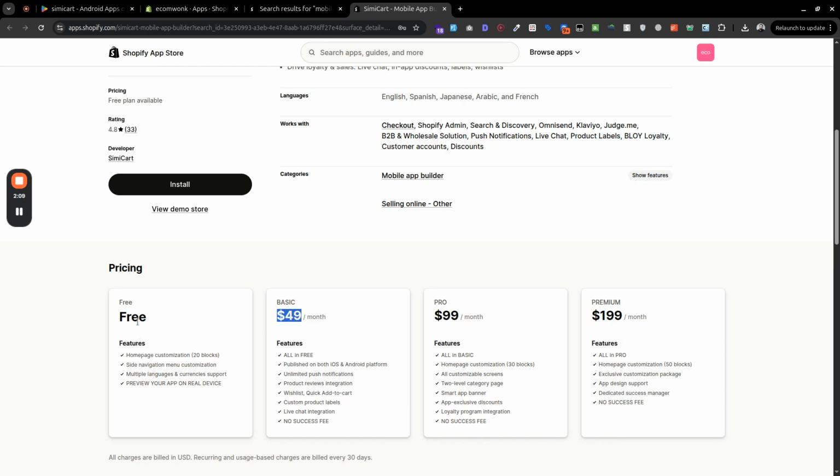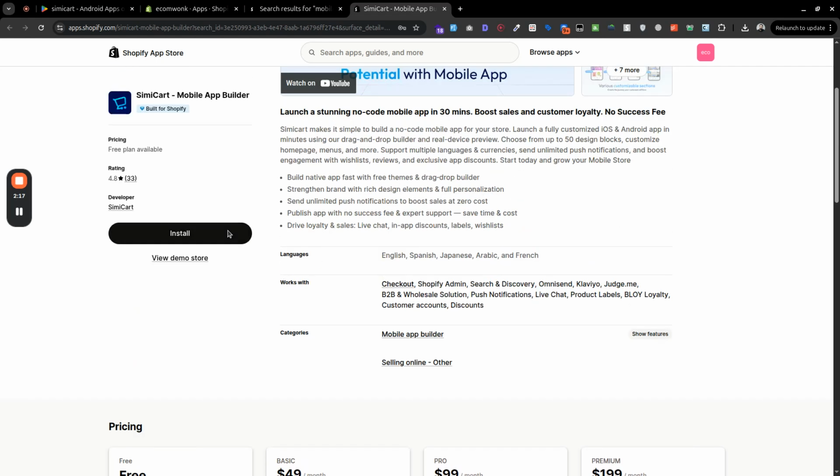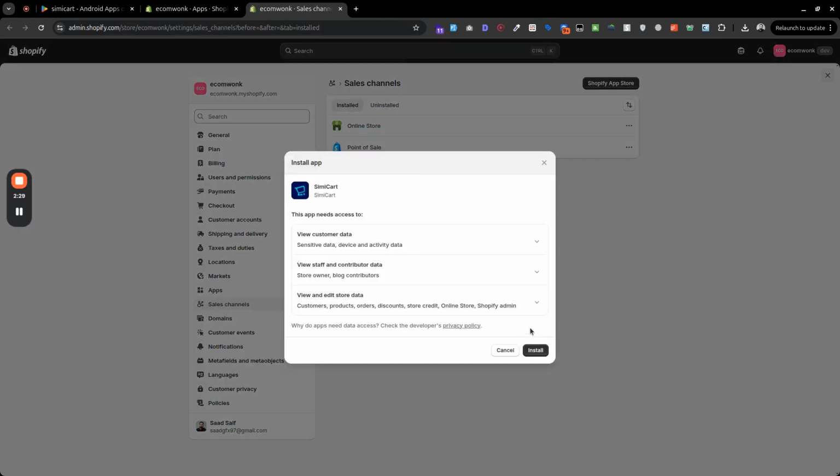And we can install this free on the development store to test and check all the features. So I will install this in my test store and we will test all the features. Okay, we'll press install,